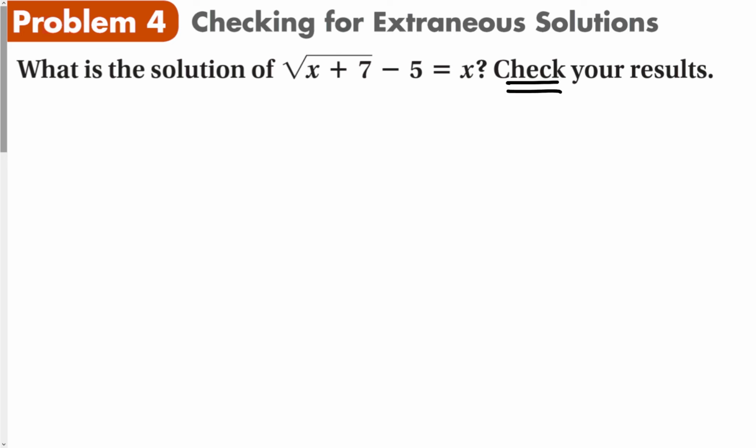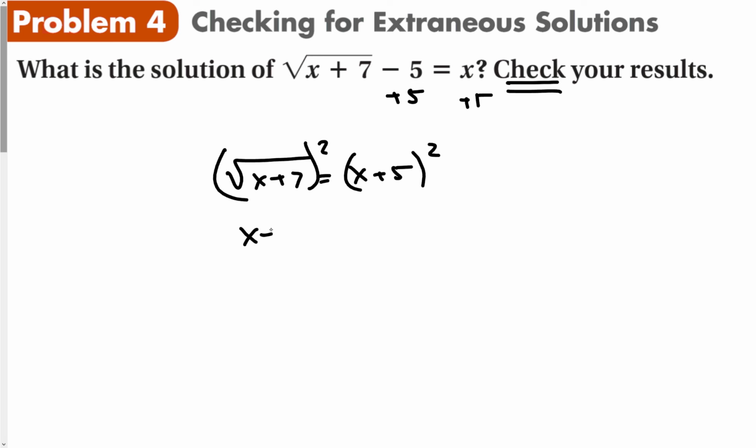And we're probably going to get one here, since this is kind of what this question is about. Okay, first step, isolate the radical. Add 5 to both sides. So now we have the square root of x plus 7 is equal to x plus 5. Square both sides,